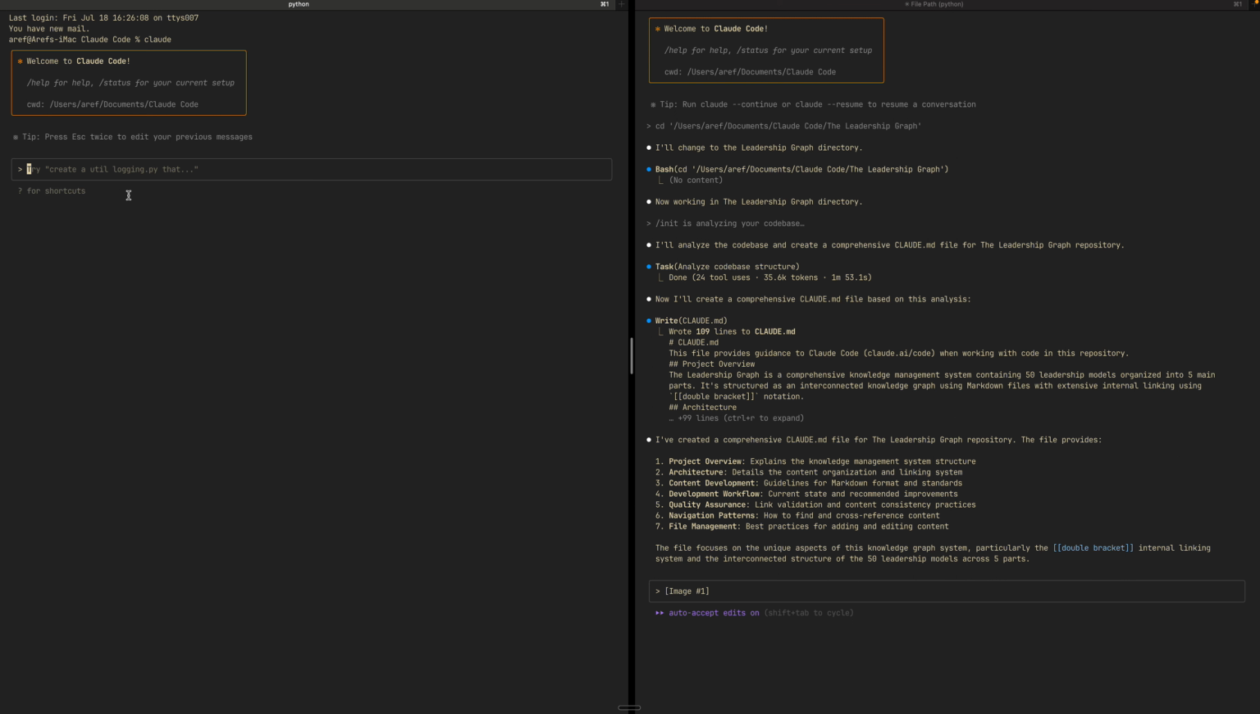I'm gonna do it again. And basically, instead of the usual Command V, you use Control V once you have that screenshot available in your clipboard. So we saw the init command, we saw the plan mode, we saw the screenshot. One other useful tip that I usually use